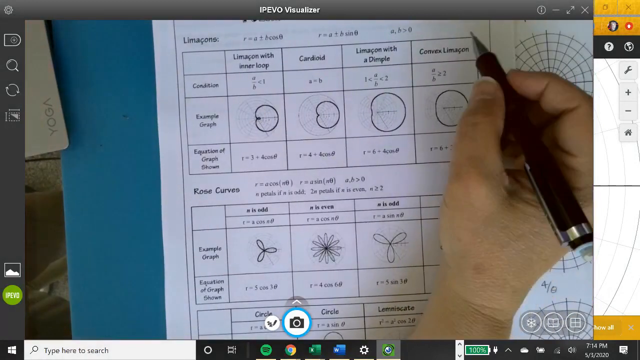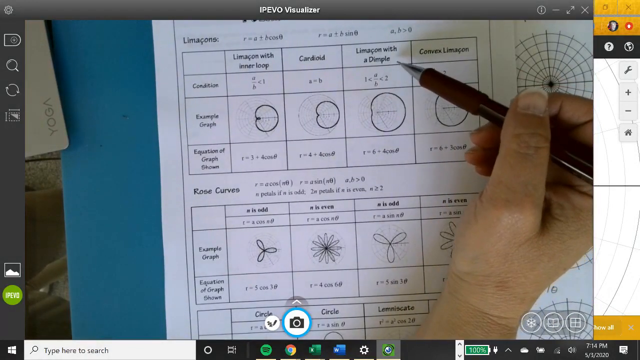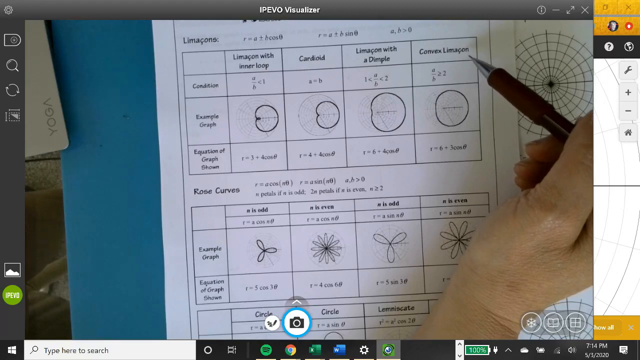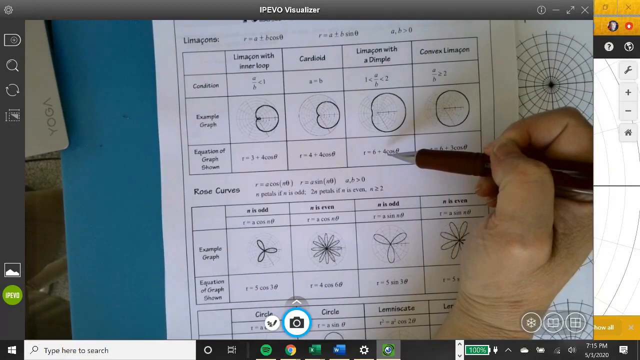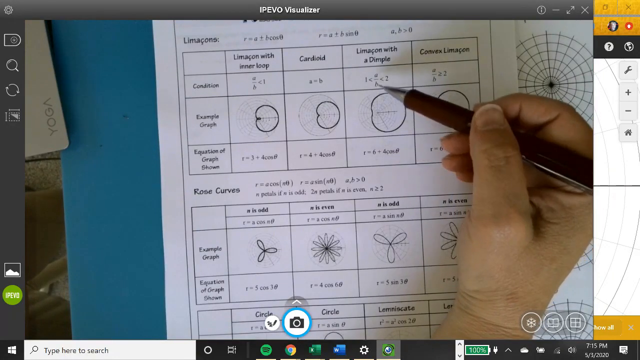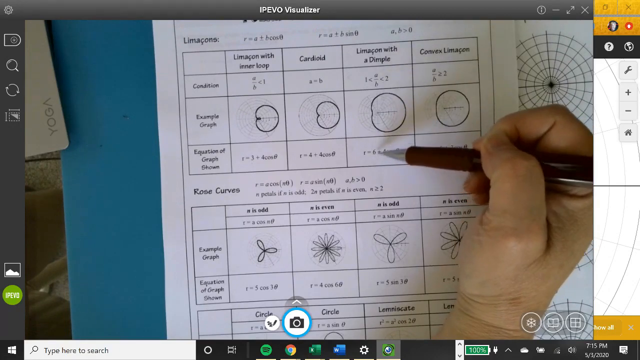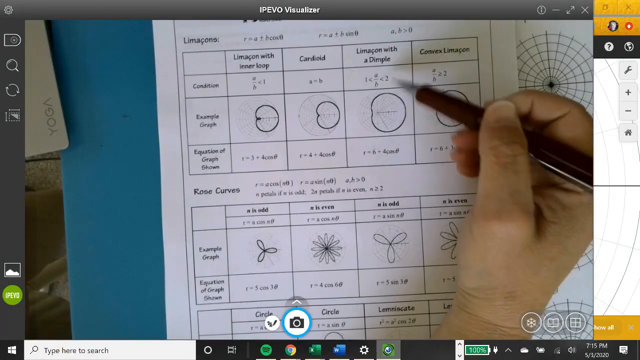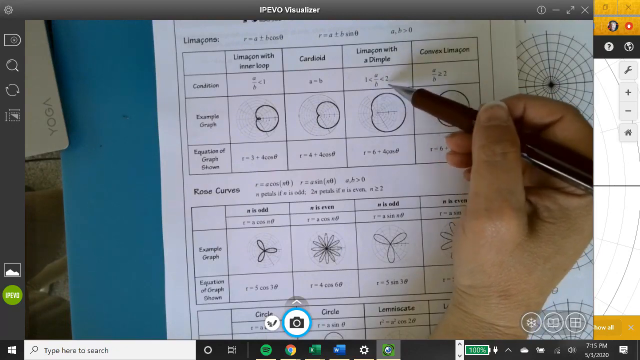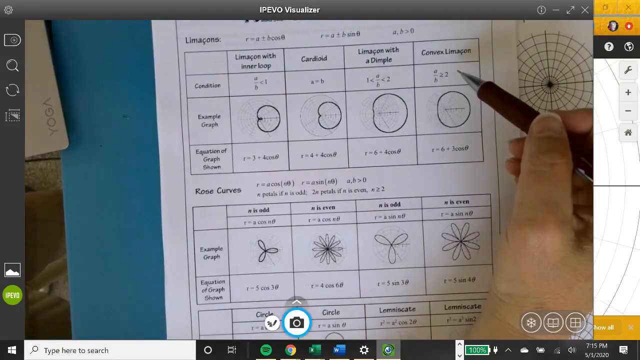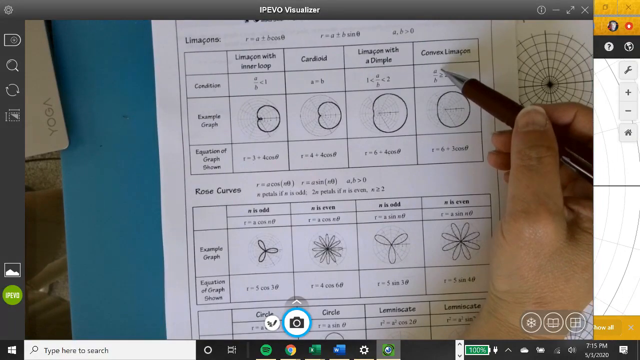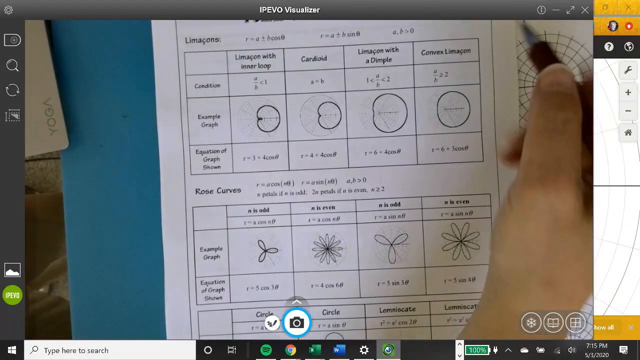And what I didn't talk about last time was the difference between a limacon with a dimple and a convex limacon. Basically, if the ratio of your midline, the midline is A, so 6/4, lies between 1 and 2, and 6/4 certainly does, then it bows in a little bit. And if that ratio of the midline to the amplitude is greater than or equal to 2,